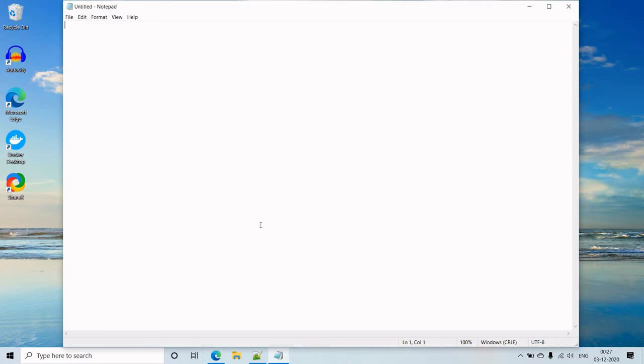So the first line in the Dockerfile will say FROM, and then the base image name, from which image you want to derive your image. So I want to derive my image from Nginx.